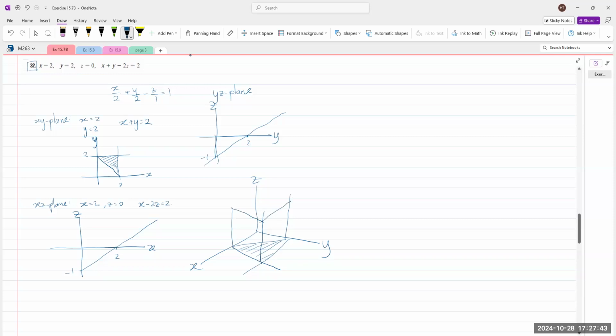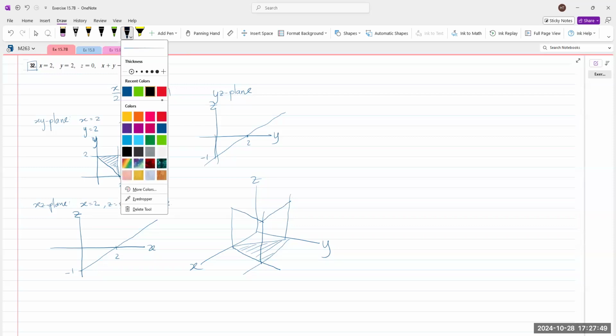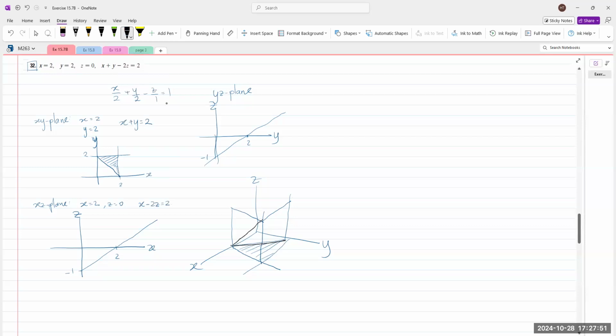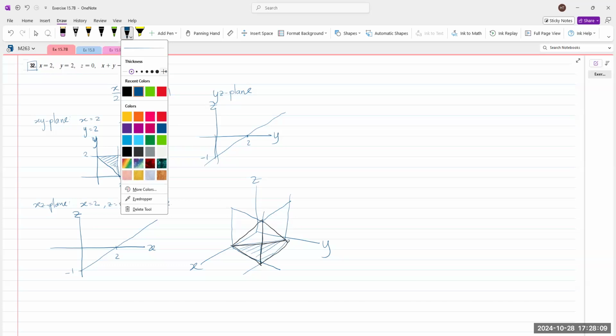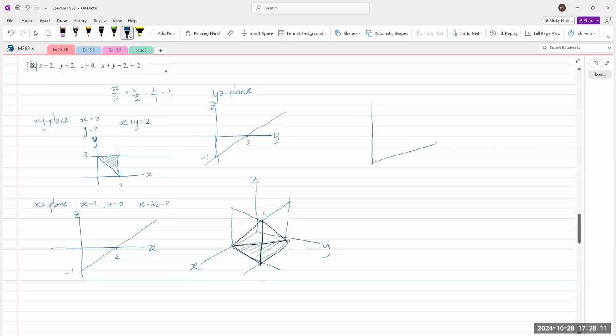If these are my 2 planes here, it is cutting this way. Oh dang, that's not easy to see. If I rotate this, let's try, see it from behind,